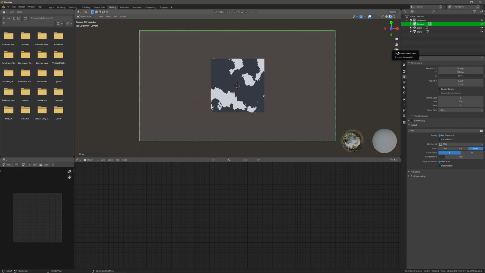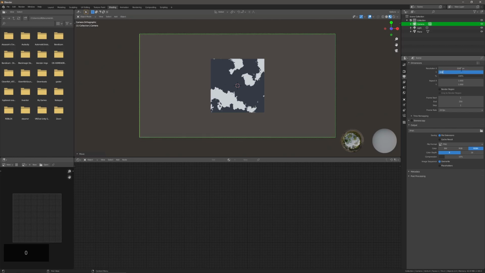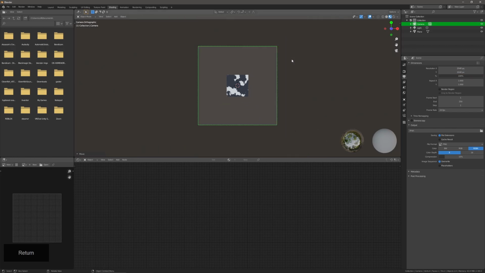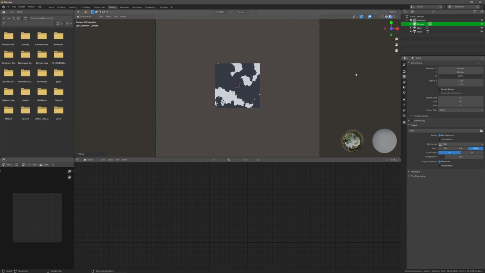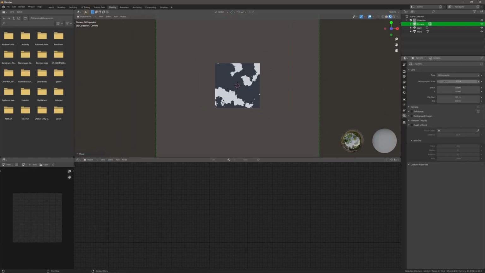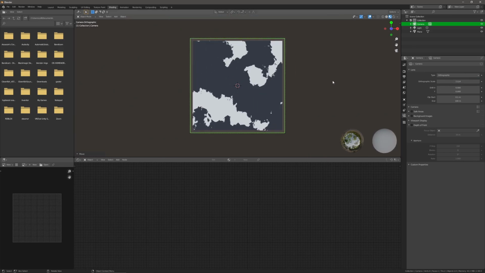And after this, I will change the size of our resolution, and if we want a 2K image, we're going to use 2048, and this will give us a square. And now you can zoom in on the image by going to our camera settings, and we can change our orthographic scale, and this will change how close we get to our image.